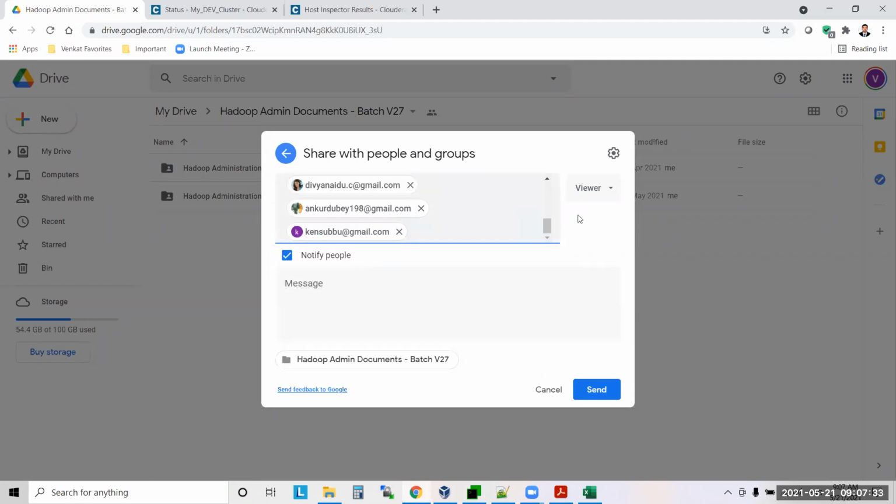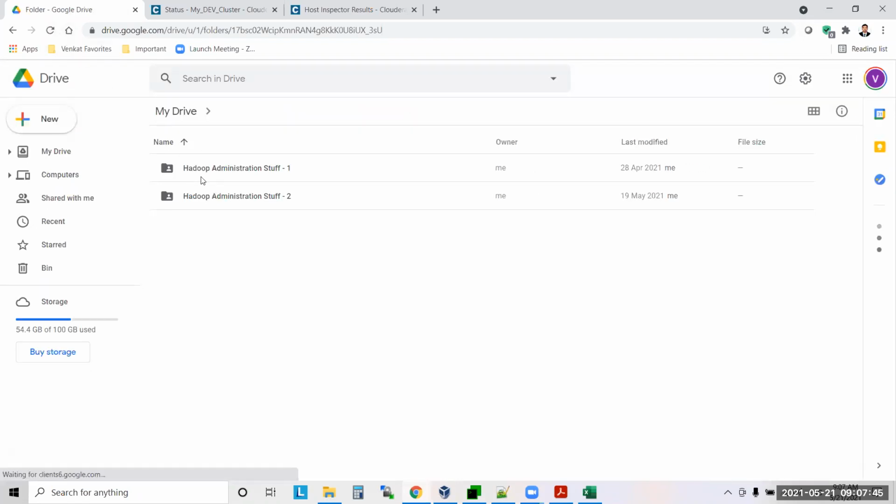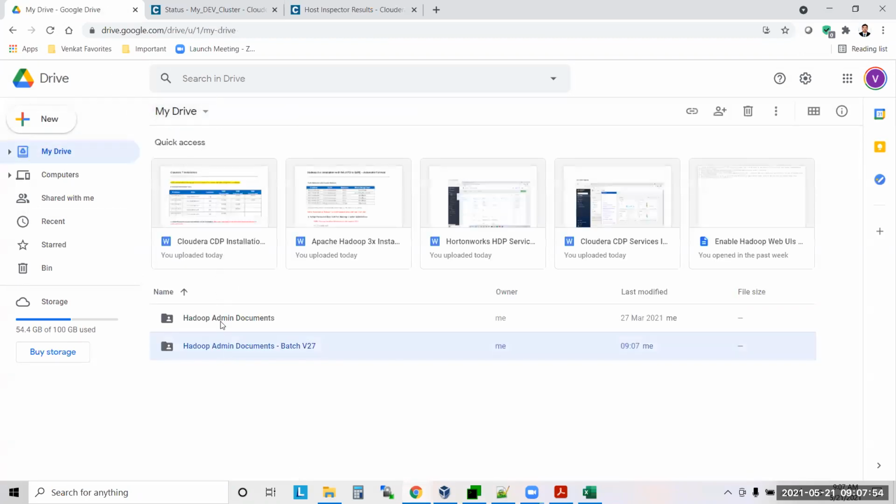But actually, I had some problems downloading this. The Hadoop stuff is not downloading, showing some error. Sir, I don't know seriously what the issue is. I added you under batch V27. Something is showing some warning.